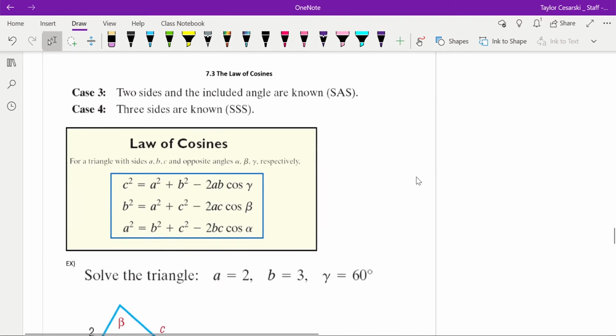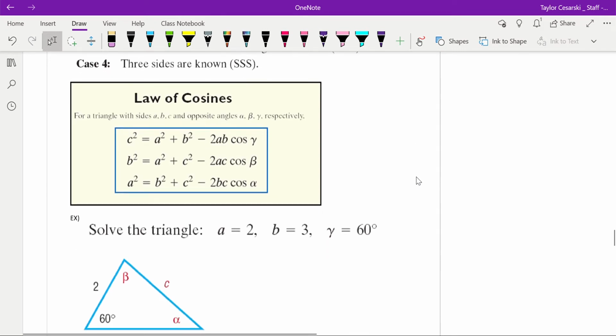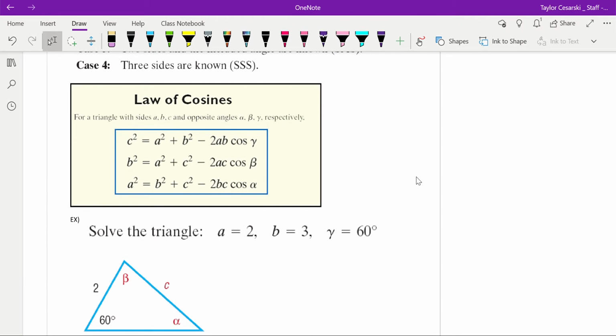Alright, hi guys, the next section is 7.3, the Law of Cosines. So this is the next couple cases when it's two sides and the included angle, so SAS, or three sides are known, so side, side, side. The formula for this one, you notice, is a little bit longer, but the nice thing is, since our restriction